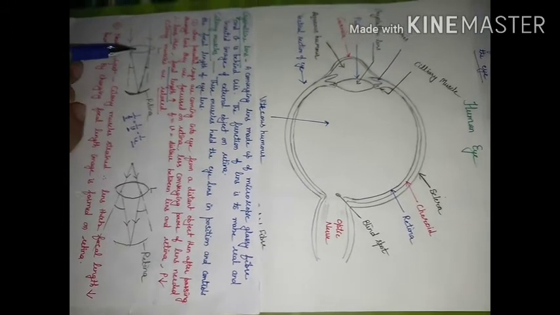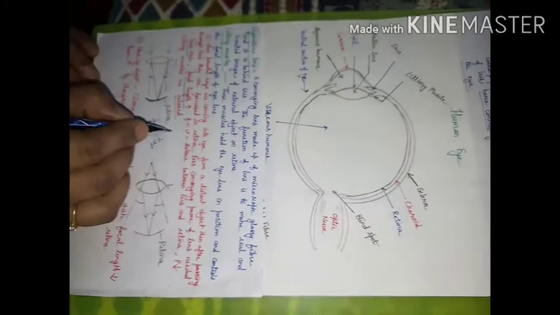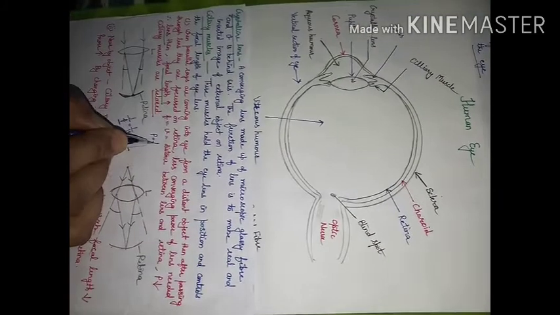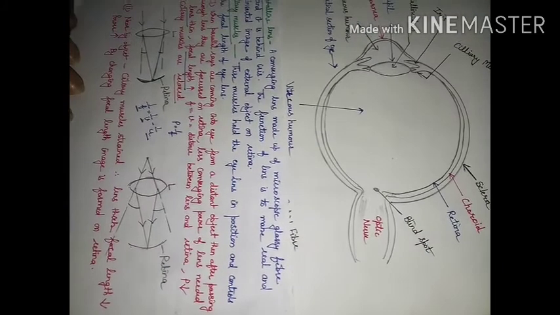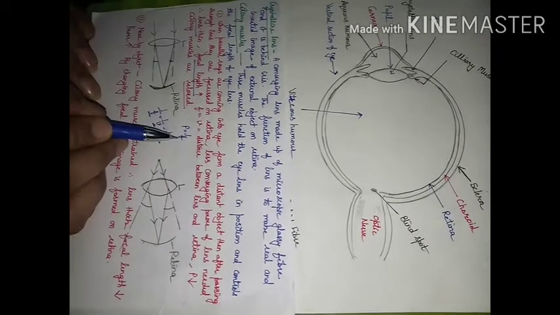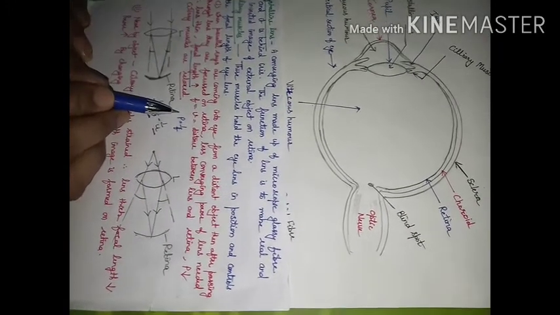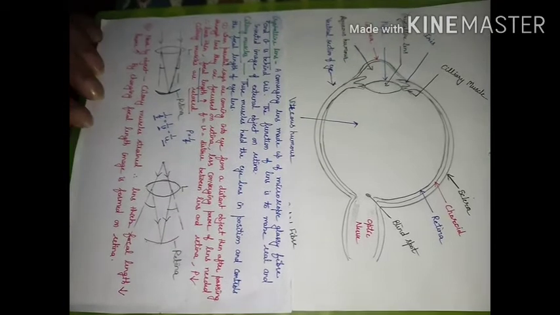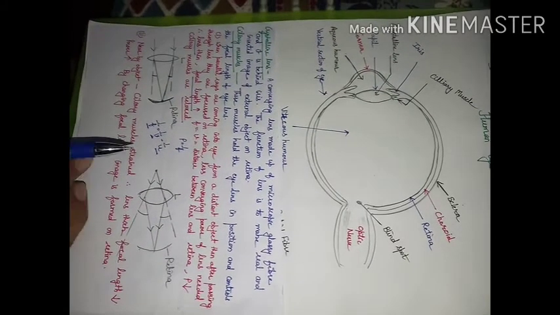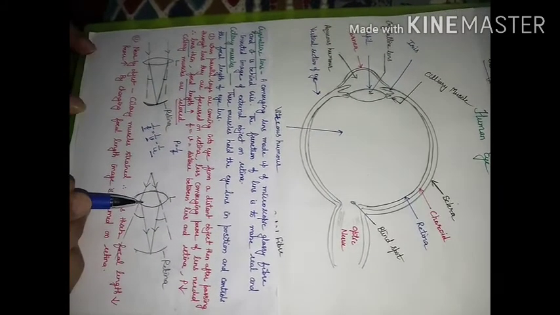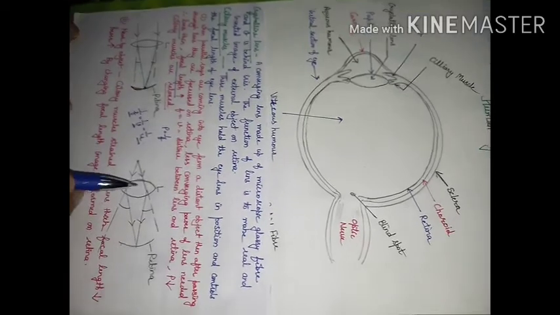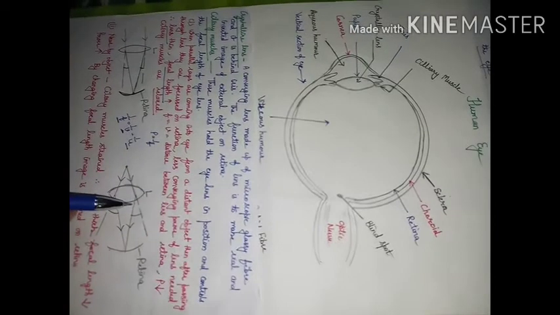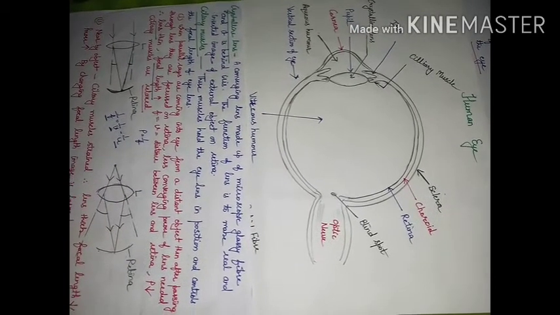How focal length of the lens will change? We know power is inversely proportional to focal length. Focal length will decrease if power will increase. And which lens is going to be more powerful? Which is thicker. It can bend the path of light rays to more degree or with more ability.